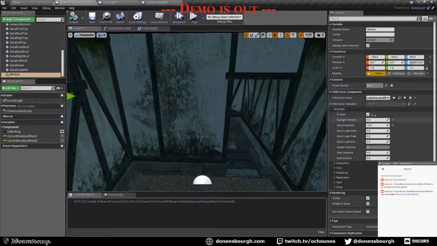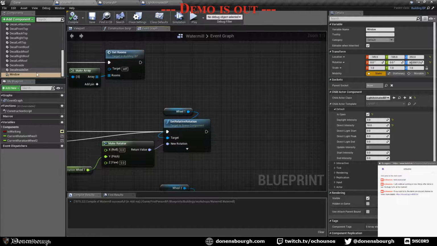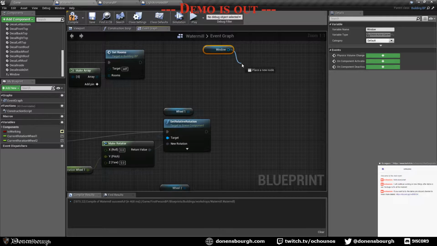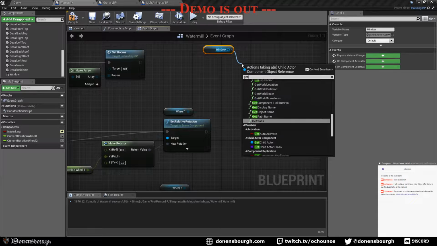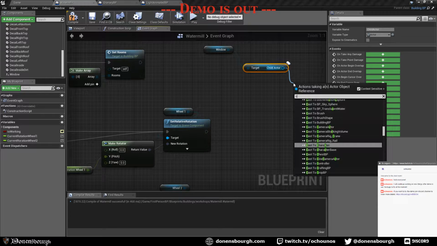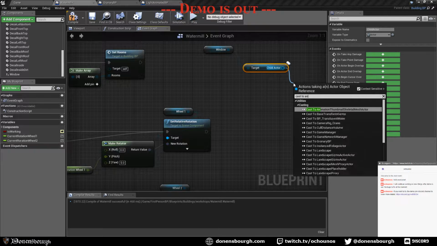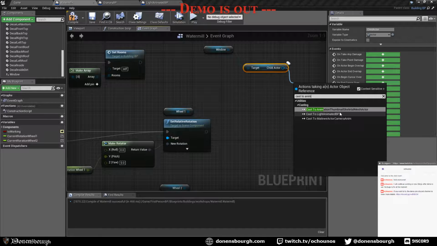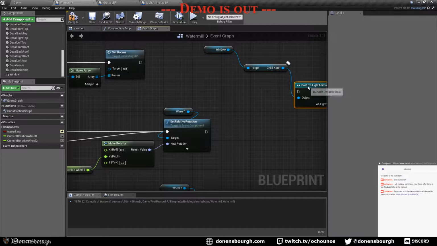So if I can just do that, I don't have any parameter here, okay, it's fine, I will just do that here. So take my windows and get child actor, and then cast to animated, like animated,